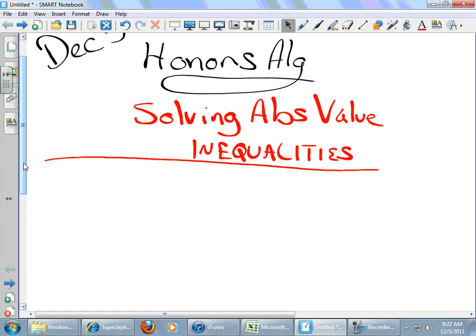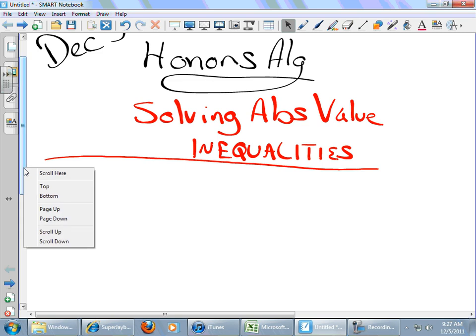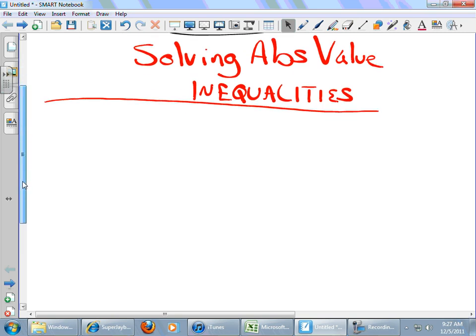I wanted to remind you before we get started that we will be having a test over Chapter 6 at the end of this week on Friday. This is a much shorter chapter than Chapter 5 was. So that being said, we're planning a test on December 20th right before we go on break. Okay. Today we are learning to solve absolute value inequalities, and we must remember that the definition of absolute